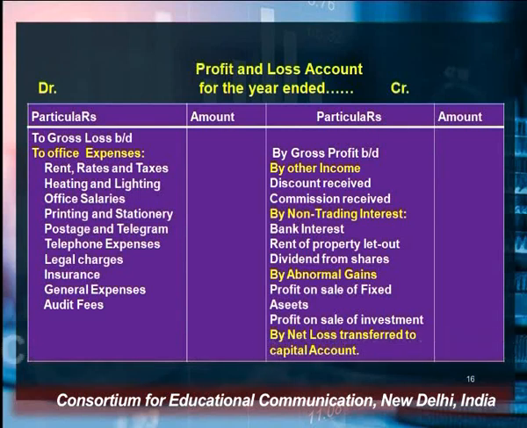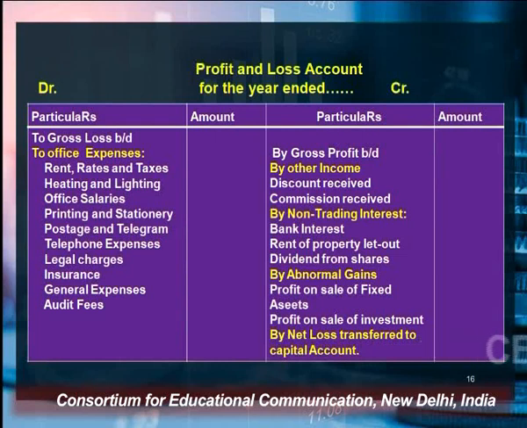Because of that rule, the first item shown on the debit side is gross loss B/D. B/D means brought down. So gross loss is calculated by preparing the trading account, which we have already discussed in our previous lecture. By preparing the trading account, there will be either a gross profit or a gross loss. If there is a gross profit, that will be transferred to the profit and loss account on the credit side,